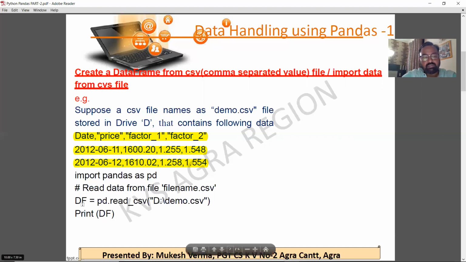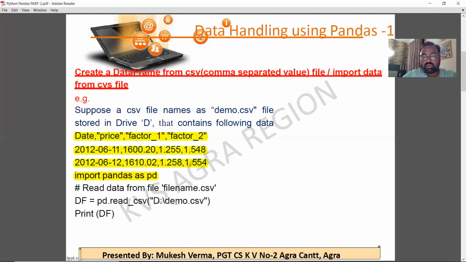In the first line, I have imported the Pandas library as pd, and then I have created a data frame named df equals pd dot read underscore csv. Read underscore csv is a library function of Pandas, and in this function I have passed a parameter, that is the complete path where my demo.csv file is located.